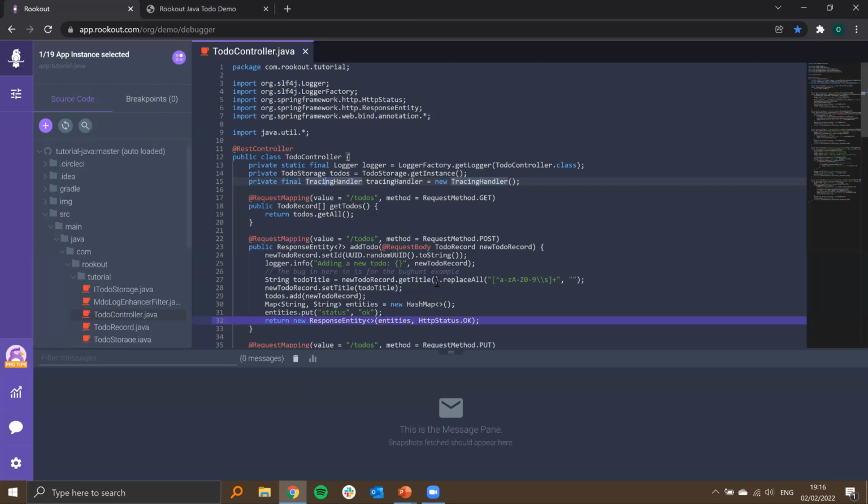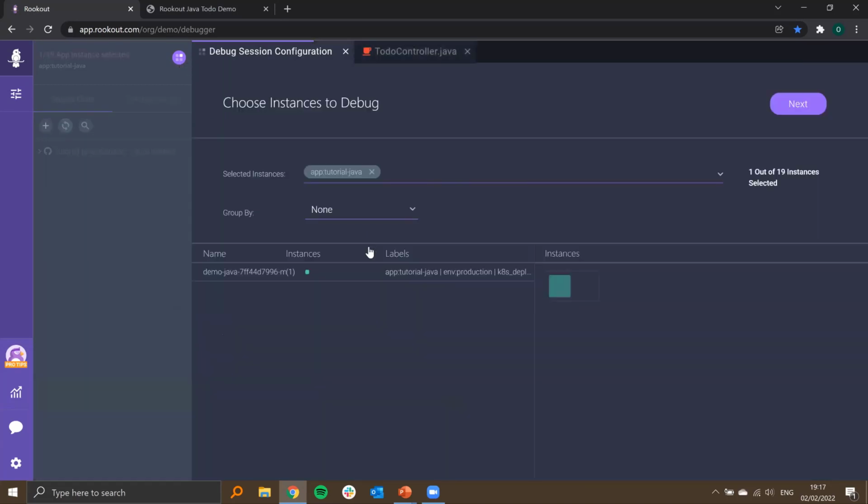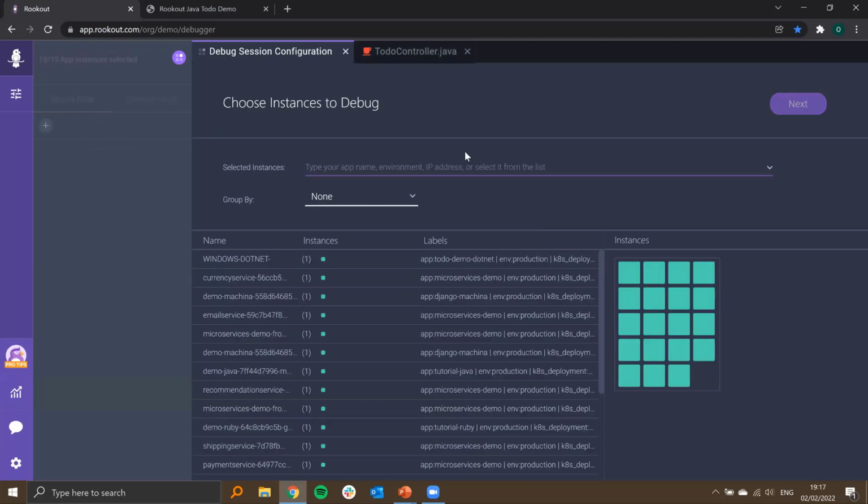And when I see something that looks suspiciously like the function that's in charge of adding to-do items, the next thing I want to be able to do is set a breakpoint. Now, traditionally, when we think of a breakpoint, we think of something running on our desktop, a single pod, and it's going to stop. But of course, we are in a cloud-native environment, which means that we don't have a single pod to look at,